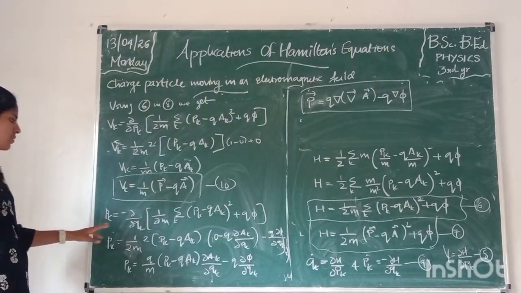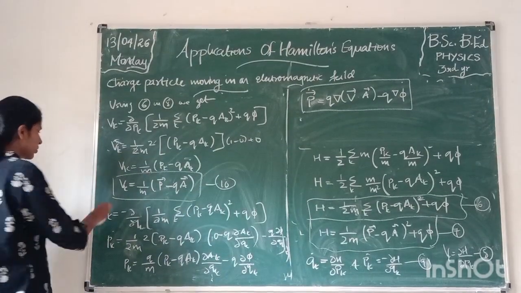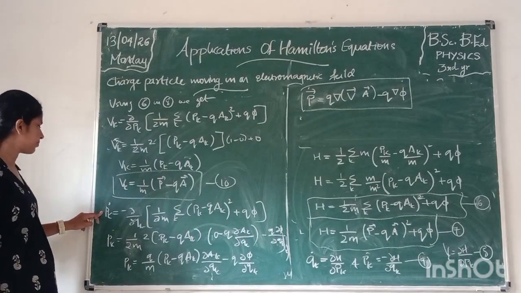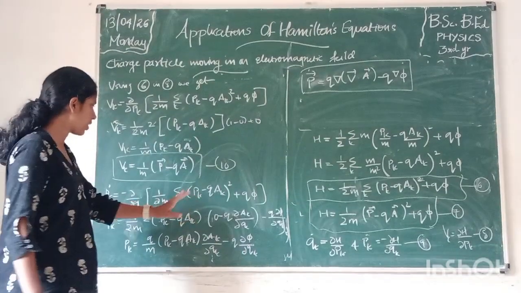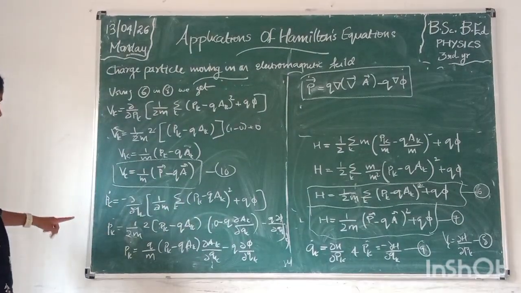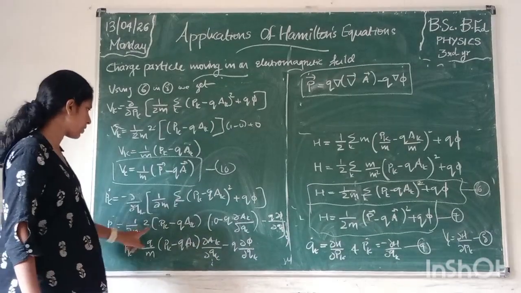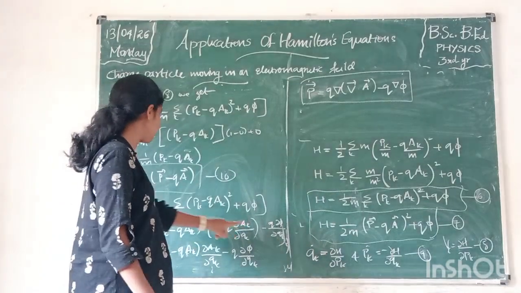So the next is we want to find pk dot in the same way. So pk dot is equal to minus dou H by dou qk. And from here we are differentiating this with respect to qk. What we will get is 1 by 2m into pk minus q ak, minus